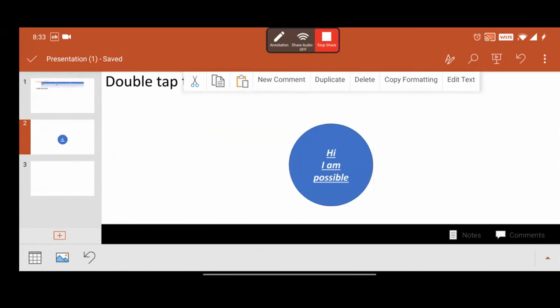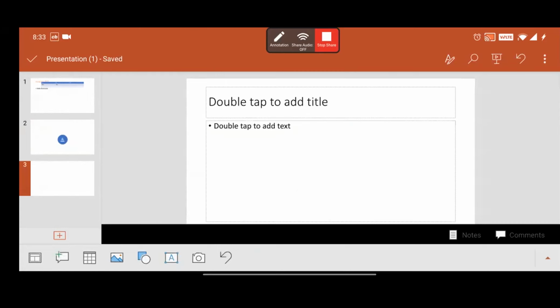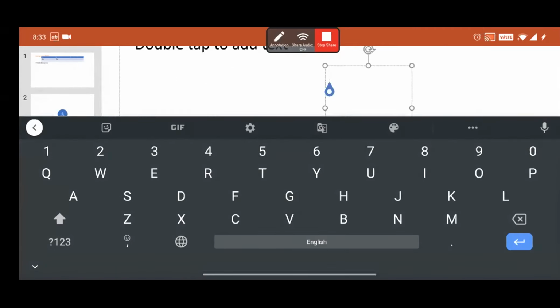Now, can you see the next option in which inside a rectangle there is A written? Let's see what it does. So it is a text box. What is a text box? It is a box in which you can write text. As simple as that.